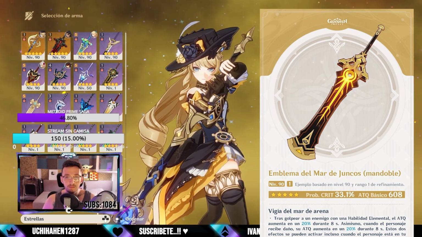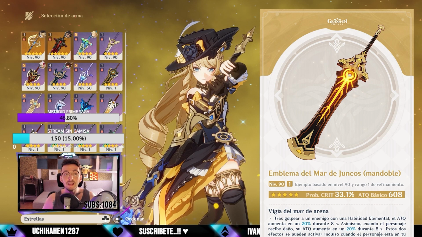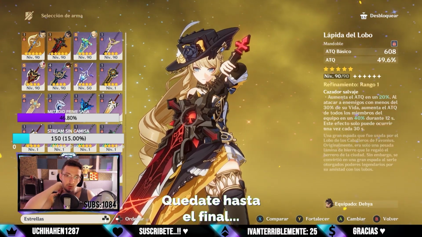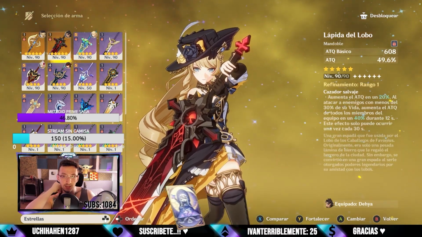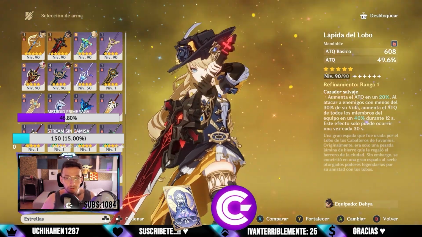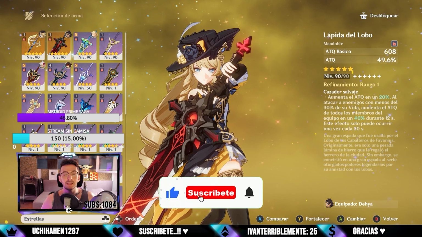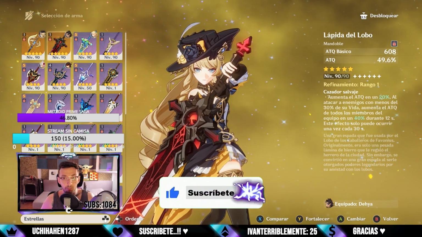And then, a lot of people carry Wolf's Gravestone or something. But this is a mistake. Why? Because you'll have a lot of attack. You'll still have more attack with Bennett, but you won't have high critical proportion. And if you have a Wolf's weapon, directly from here we can go to free-to-play weapons, because there's not much more controllable